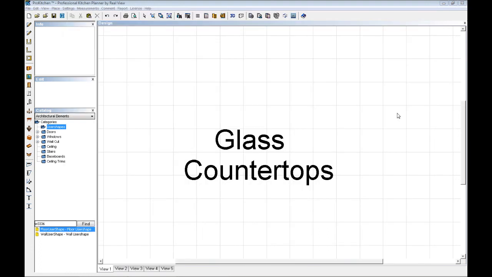In this next example, we're going to create a glass countertop